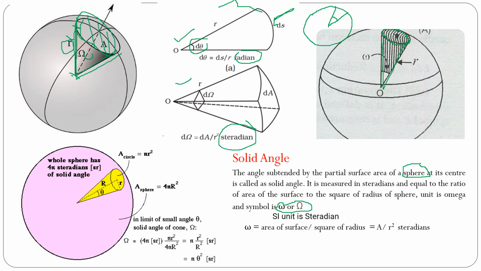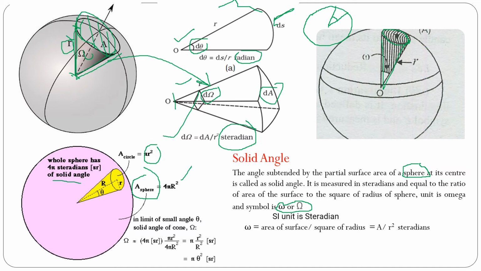Yeah, you can see over here also this figure from point source O. So you correlate these two things. This is a small change in the angle, so that's why I am putting dA, d omega. So what is steradian? A by r square. So the whole sphere has a 4 pi steradian solid angle. So a circle is pi r square, as we know. So area A of a sphere is 4 pi r square.